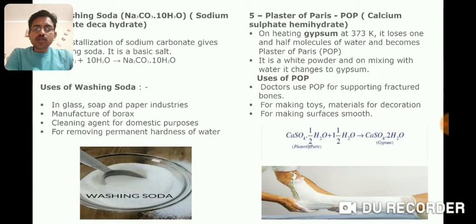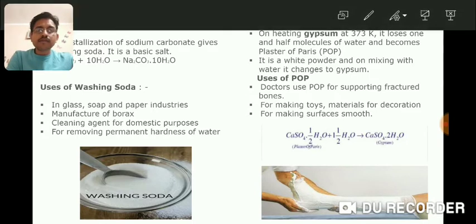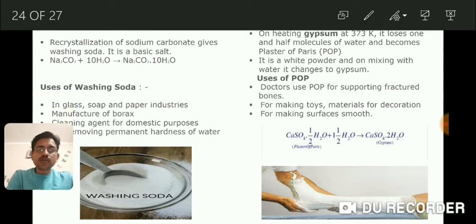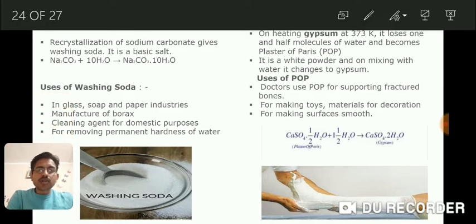Next salt we have washing soda. Washing soda is Na2CO3.10H2O. As you can see on your screen, washing soda is prepared by crystallization of sodium carbonate. Formula is Na2CO3.10H2O. It is chemically called sodium carbonate decahydrate. Deca for 10, hydrate for water molecule. These 10H2O are water molecules of crystallization, which are loosely bonded to the crystals of sodium carbonate and provide cleansing